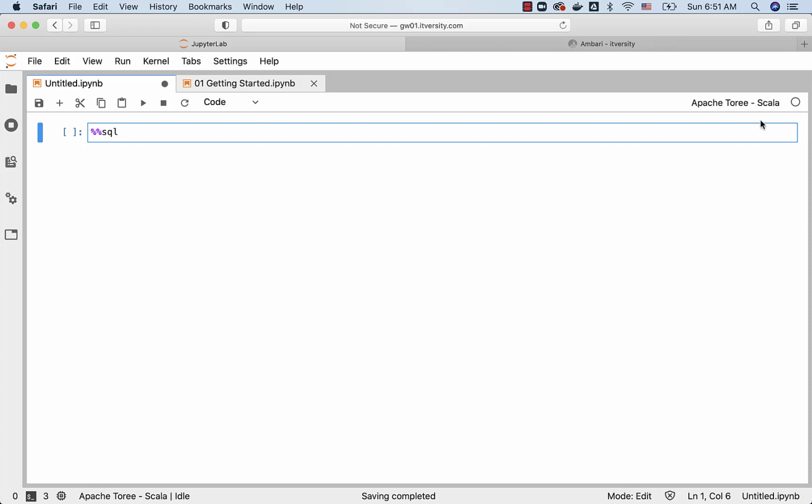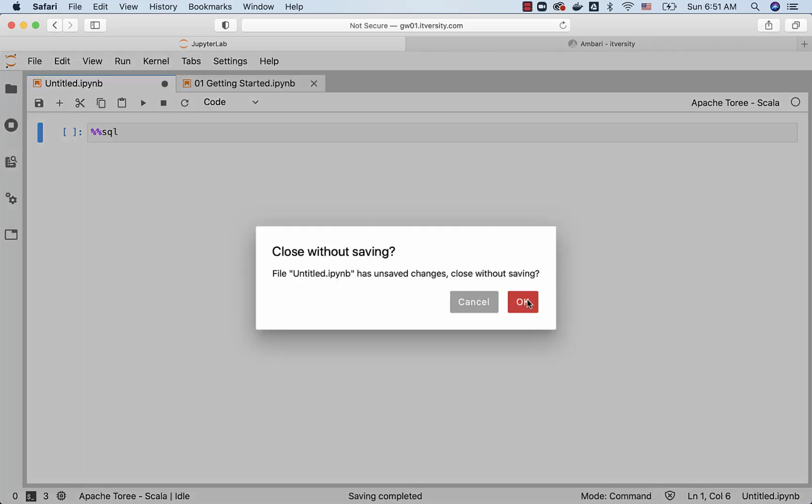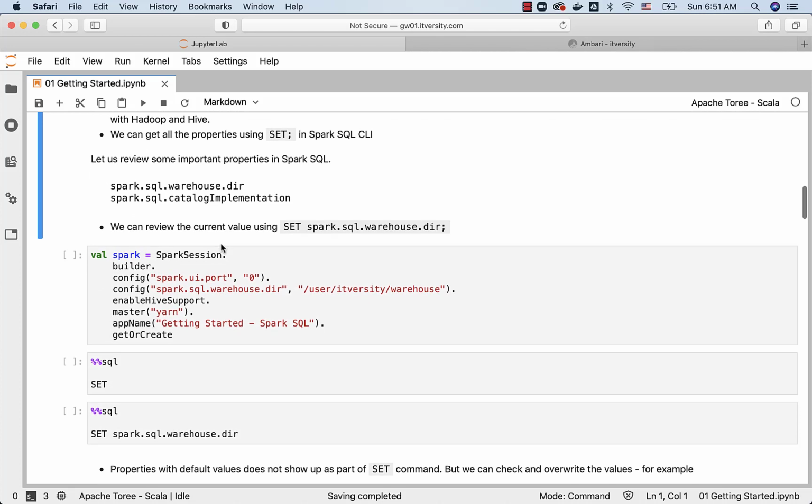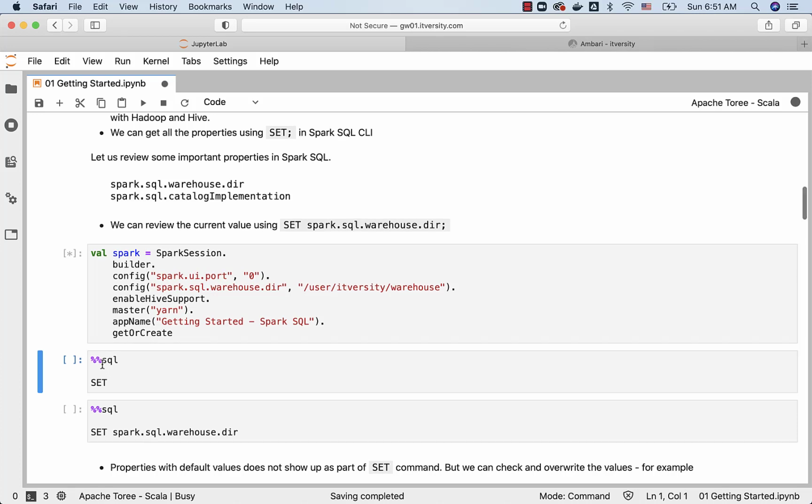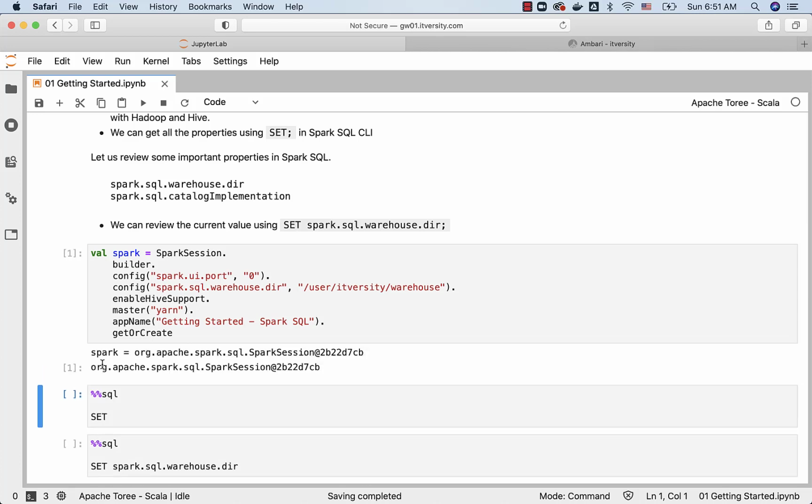However, because we are using Scala kernel, we have to create the Spark session with appropriate properties, then only it will work. I will walk you through how it is going to be using this material. You just have to create the Spark object. It will take care of creating the Spark context for you. Once it is done, you can run any Spark SQL command using %sql in our JupyterHub based environment.